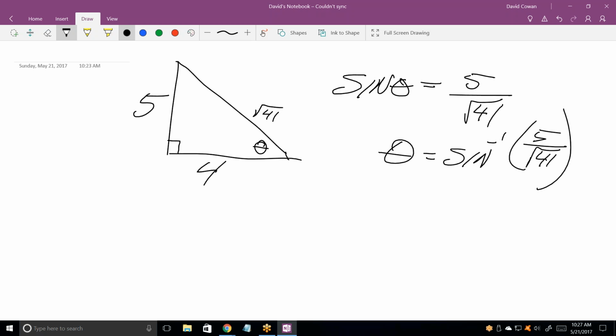Now, do you know whether you're in radians or degrees? Right now I'm in degrees. Okay. You know how to change that easily? That's not the only thing on the TI-84 that's better than the Inspire, is switching back and forth between radians and degrees. It's really easy on the TI-84. All right. Okay, so what's theta equal to? They give 0.896 for the inverse sine of 5 over root 41. That looks like radians. All right. Yeah. So in degrees, it's